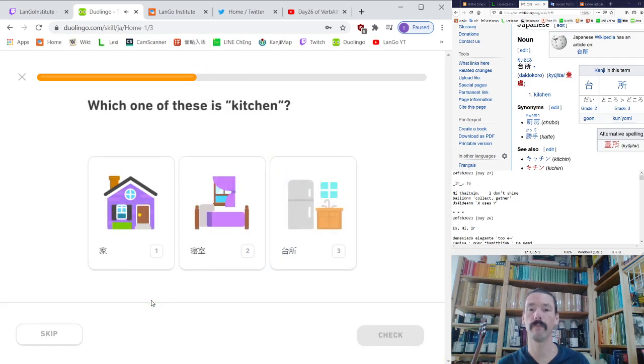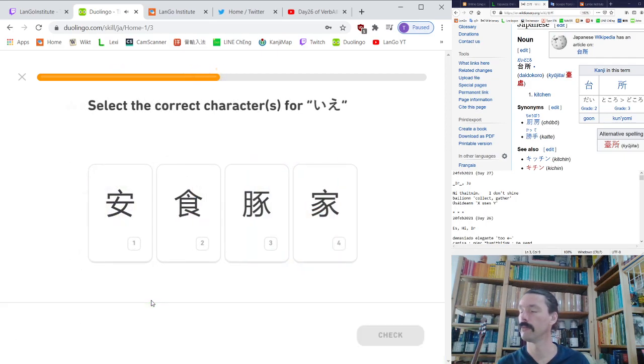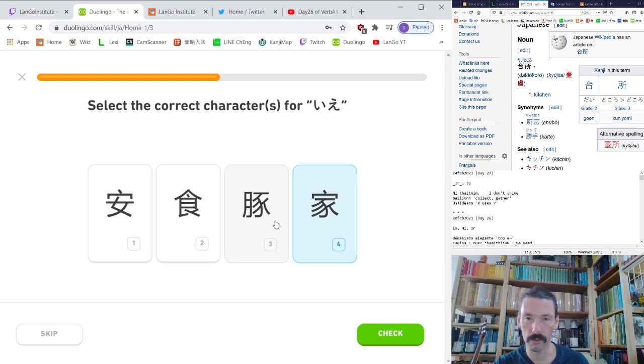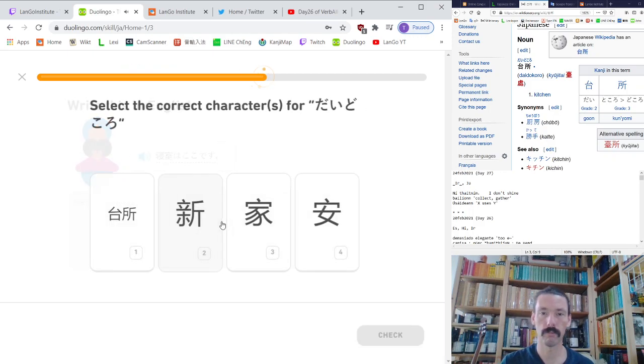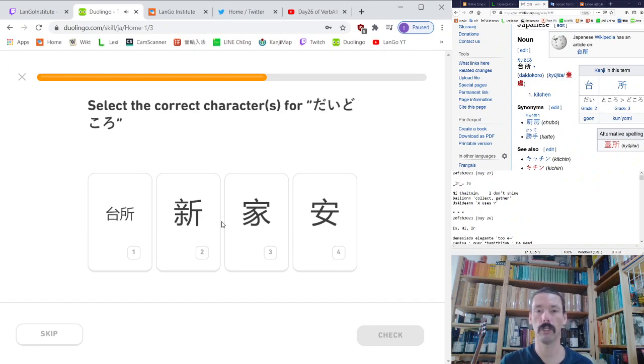Kitchen, 台所. 家 is this 家 kanji. Here we have a shared component, the one on the right in number 3, and the one below here. Those are the pig. 寝室はここです。 寝室は, as for the bedroom, ここです, it is here. 台所これ。 台所。